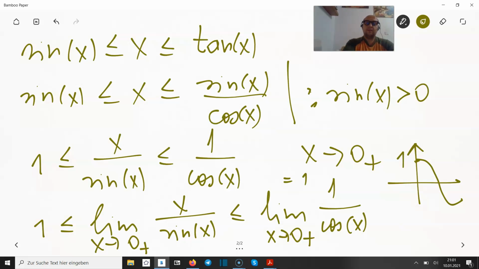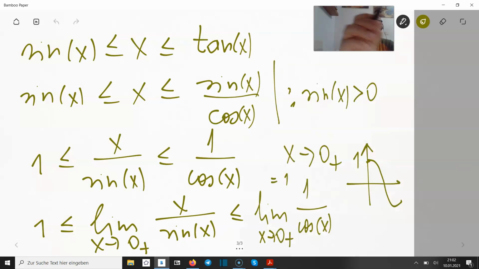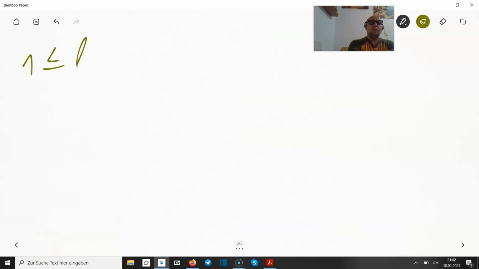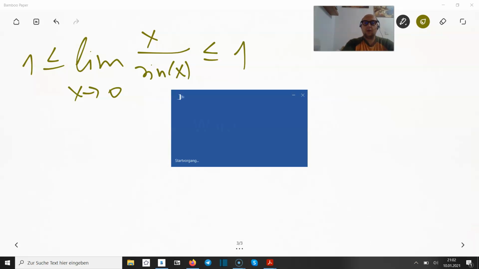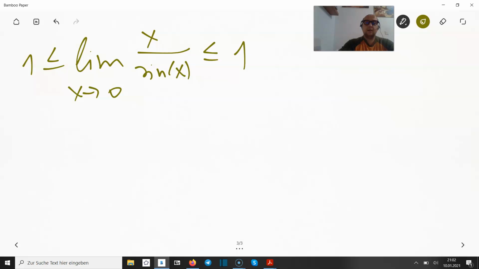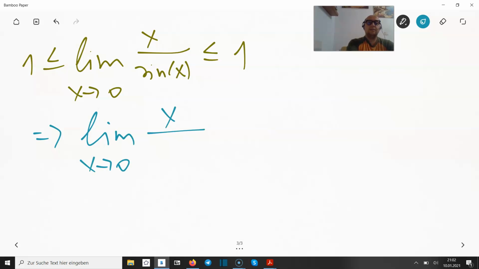So what we have is 1 is less than or equal to the limit as x goes towards 0 of x divided by the sine of x, which is less than or equal to 1. It's only possible, oh, that's nice, if we really have equality. So that means the limit as x goes towards 0 of x divided by the sine of x is equal to 1,